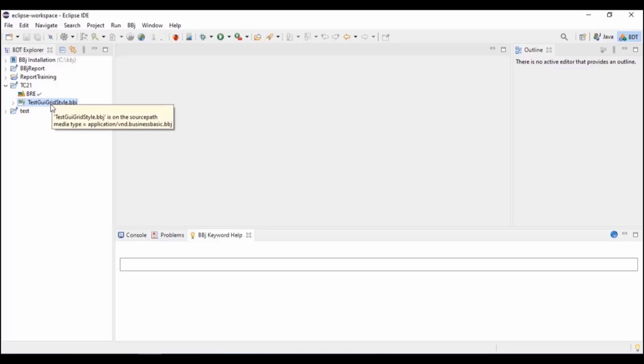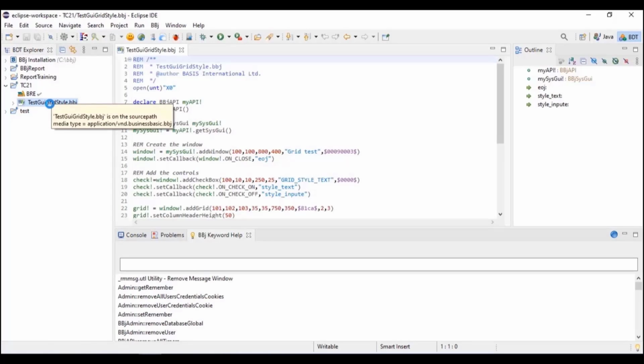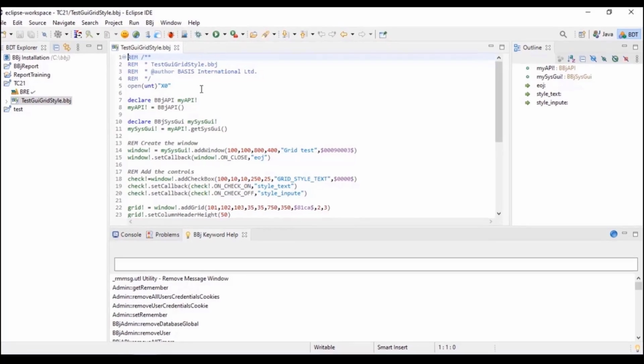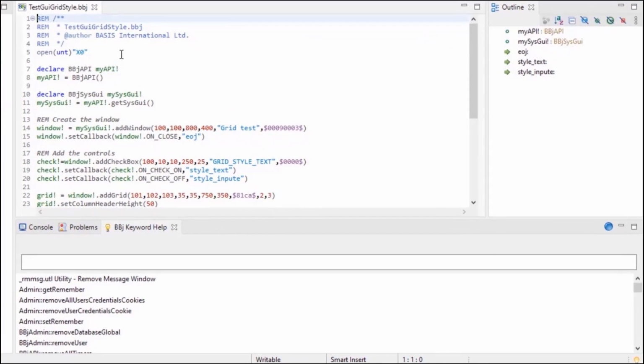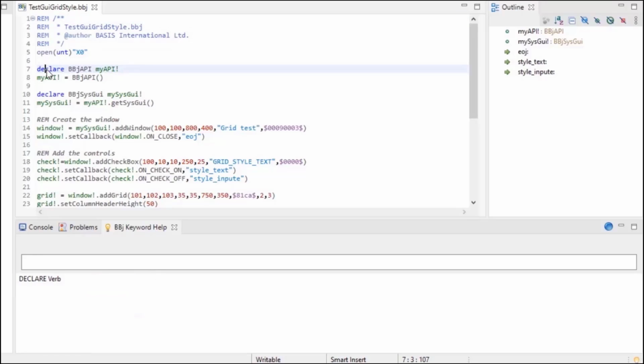And for our purposes, we're going to use this test file I have here, test-GUI-grid-style.bbj. When you click in a BBJ code editor, the act of clicking will trigger the BBJ Keyword Help view to update its displayed list of available help entries. So if you click on, for example, a keyword such as the word declare, we'll notice that down here now there is one entry called the declare verb, and that means that there's a help page available online for the